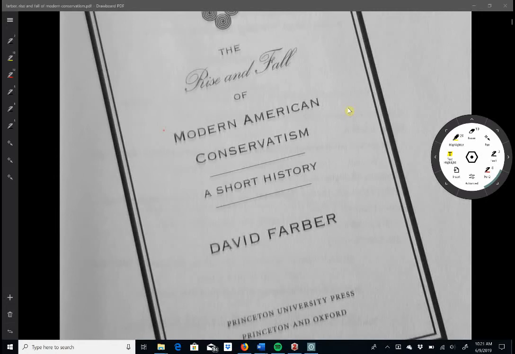So let's set up this chapter to help you look for important stuff that you'll need in the eventual assignment. An important question for this week is to figure out what were the core ideas behind conservatism. And in the assignment, you'll need to identify what conservatives believed in from the 1930s, really through the early 1960s. So as you read, look for those key ideas of early modern conservatism.